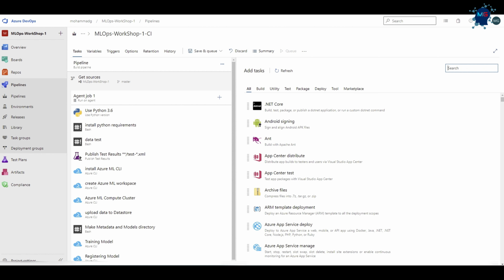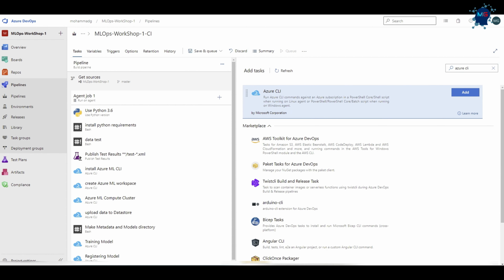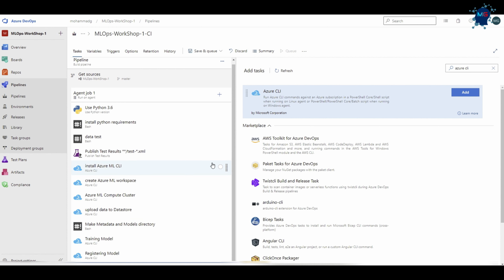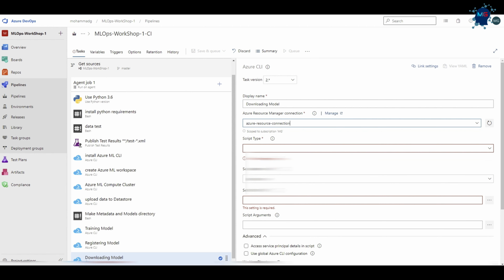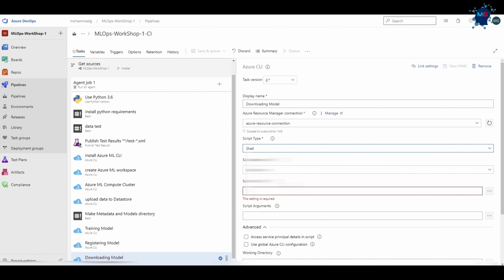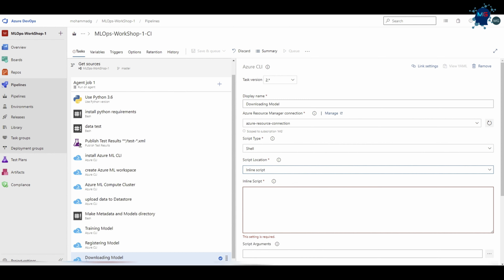Again, what I'm gonna do here, I'm gonna click on Azure CLI, click on add. Let's rename it as downloading model. All right. And again, the same thing, you have seen that a lot. Service connection, the script type shell, and the script location. I'm gonna choose it again inline, and I have the code. I'm just gonna copy that